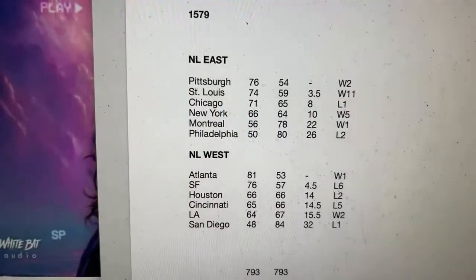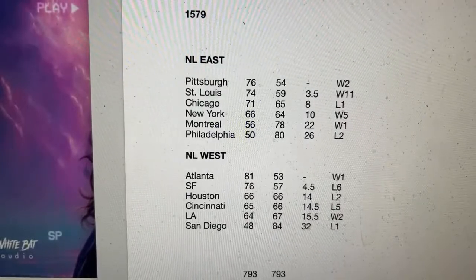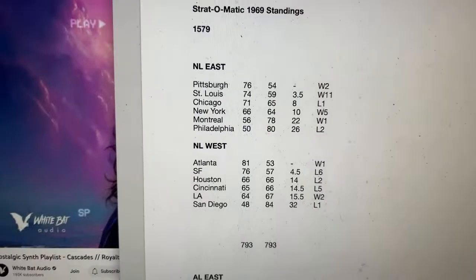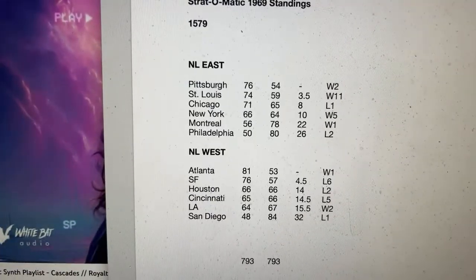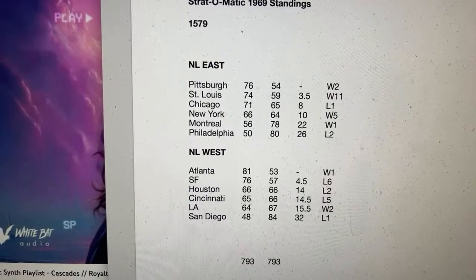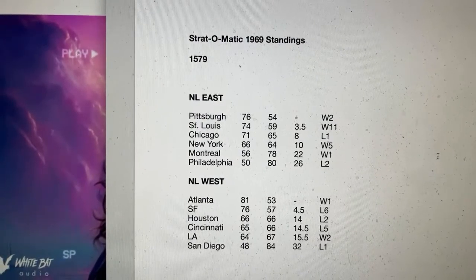And we'll go right up here to our standings. As you'll see, we have 1,579 games played.